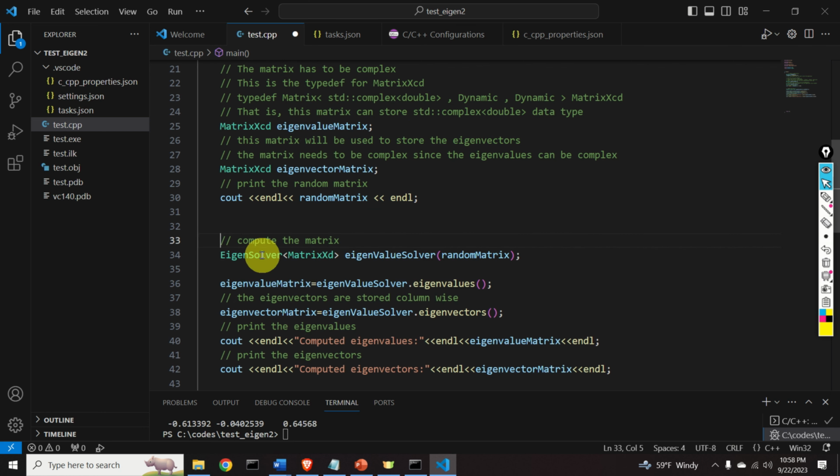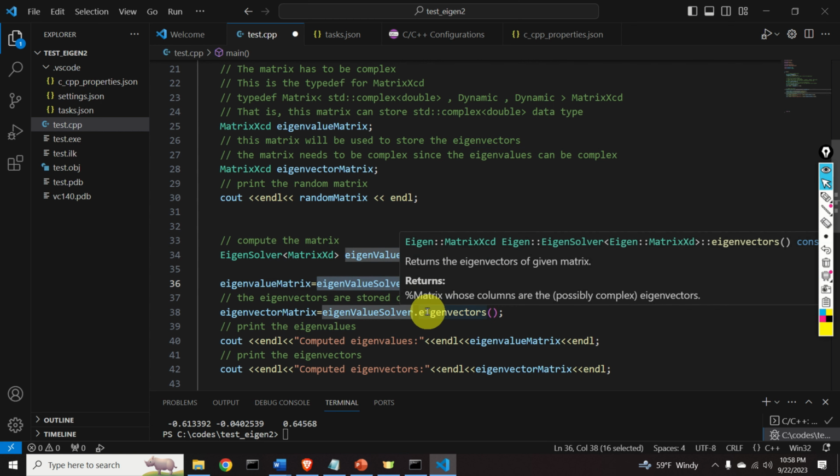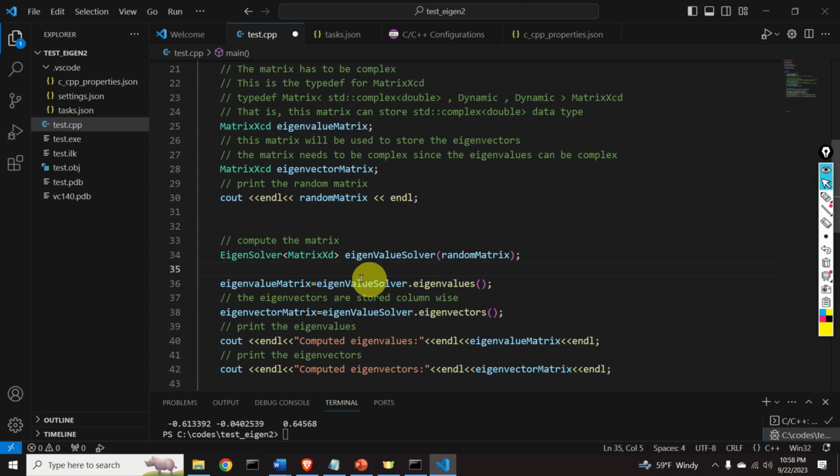To do that, we need to create an eigensolver object. Here it is, and we specify the name of the random matrix. Then, to compute the eigenvalues, we simply call this method eigenvalues on our eigenvalue solver, and this function will actually